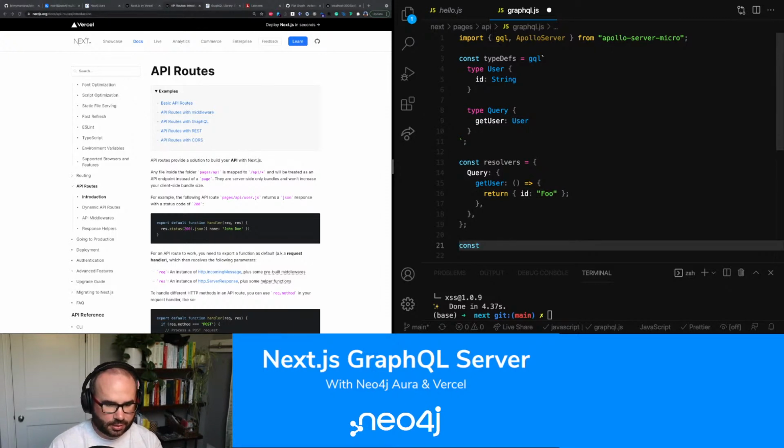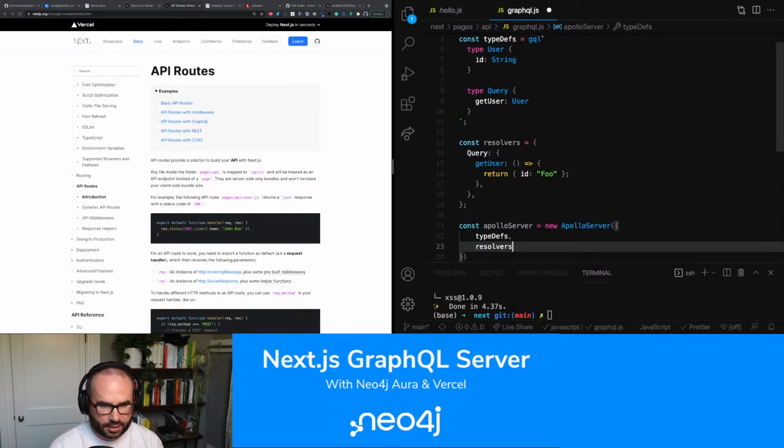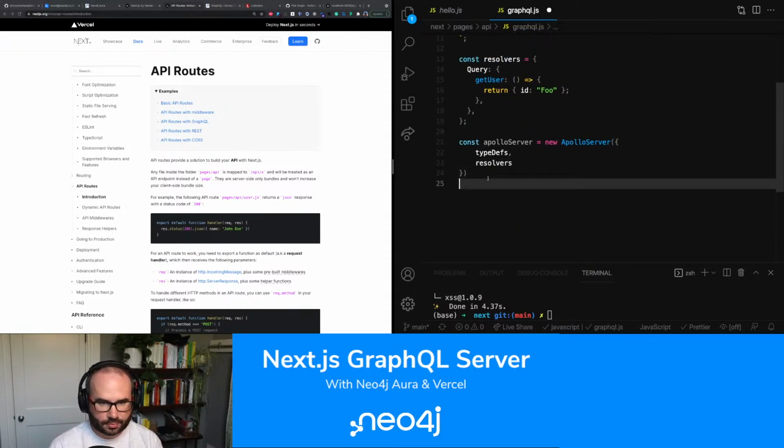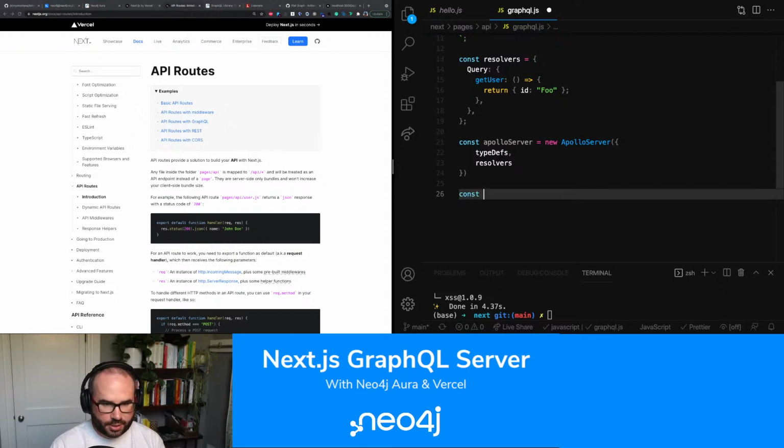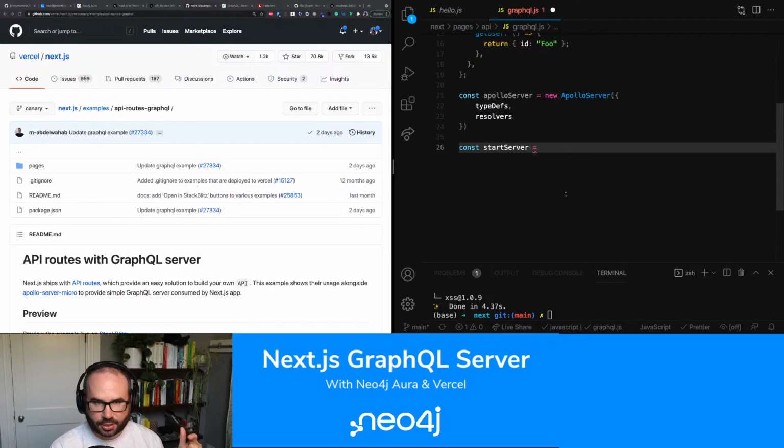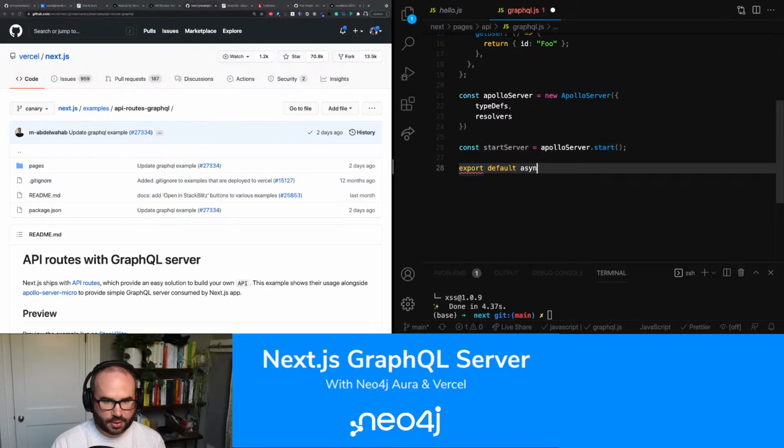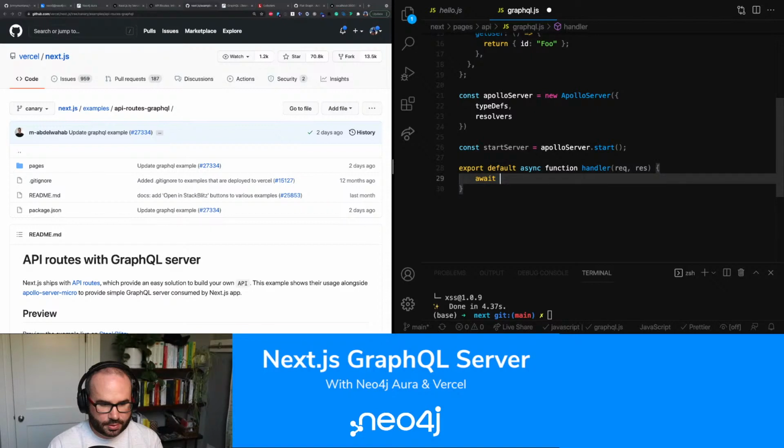The next thing we need is our Apollo server instance. So let's create that. We need to pass type defs and resolvers. And then the next thing we need to do is make sure that the server starts before we return the handler to handle the request. So what we're going to do is say Apollo server start, and that's going to return a promise, which we're then going to await in this handler function that we're actually exporting. So we're going to await starting of the server,